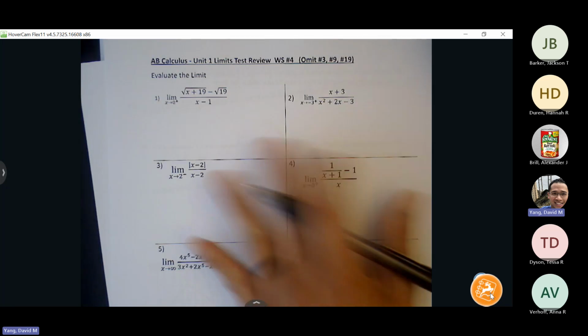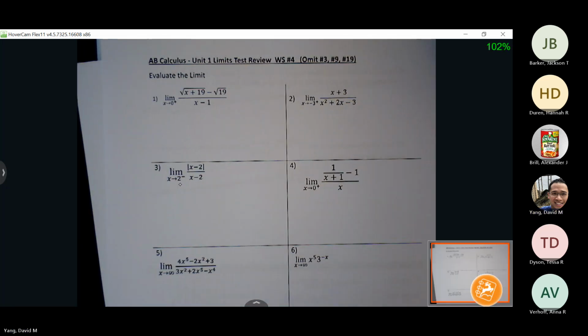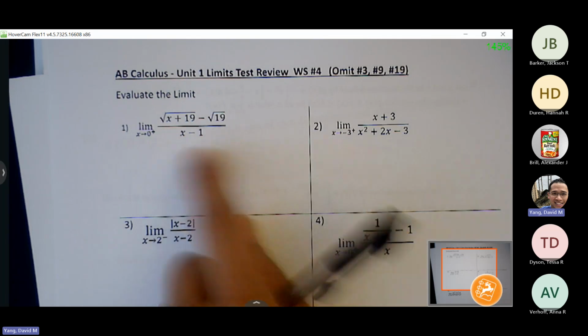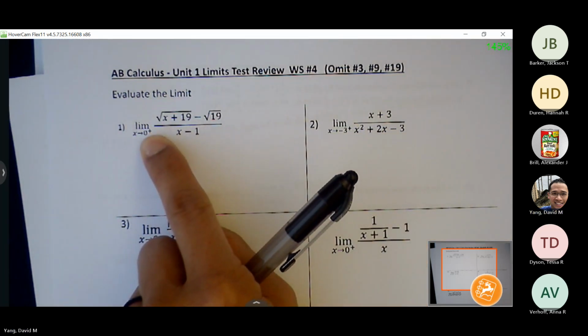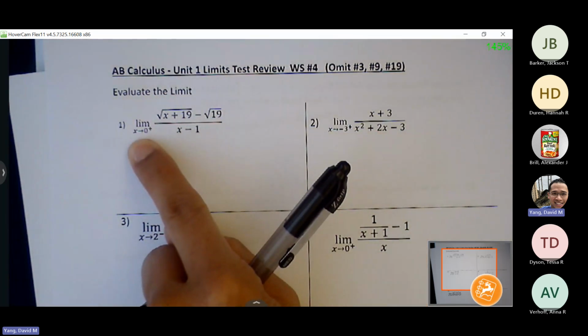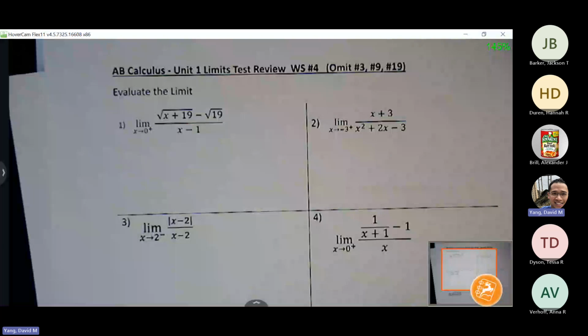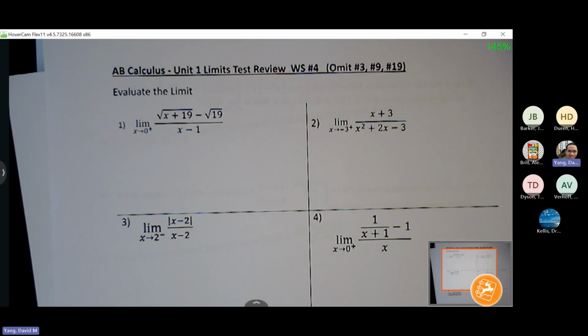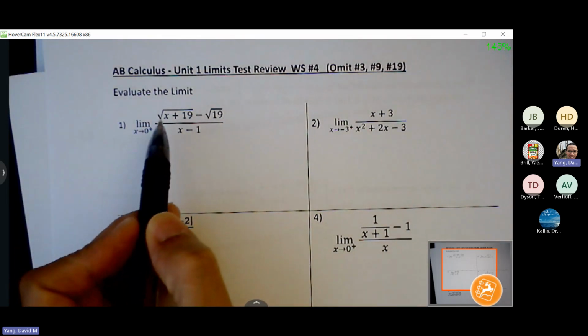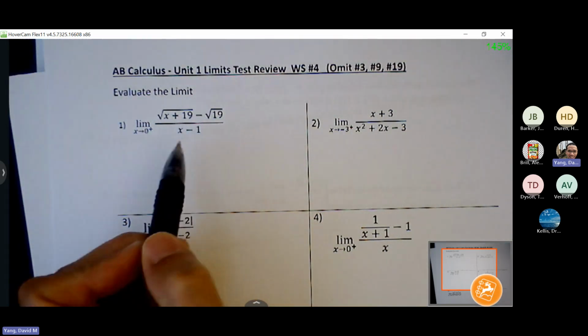All right, let's start with number one. I changed worksheet 4 just slightly so that you guys have these potential distractors, knowing that it doesn't impact your first step, right? We're approaching from the right, but we're always doing direct substitution. It may not even mean anything for our problem, but we don't want to get distracted and start doing decimals if there's no vertical asymptote. Always direct substitution first. Okay, so 0 in for x. We get root 19 minus root 19, that's 0 over,